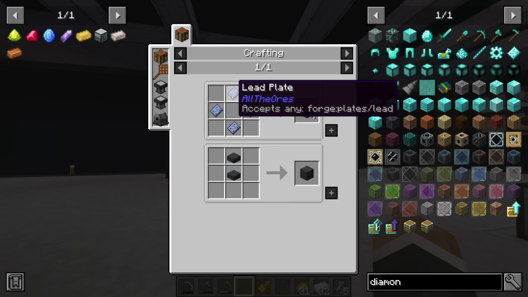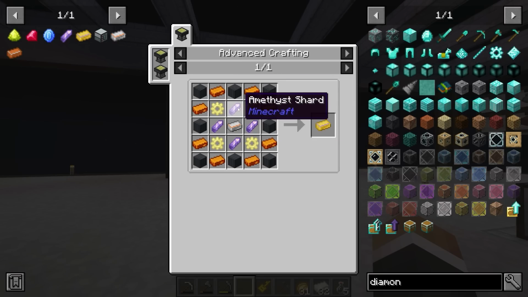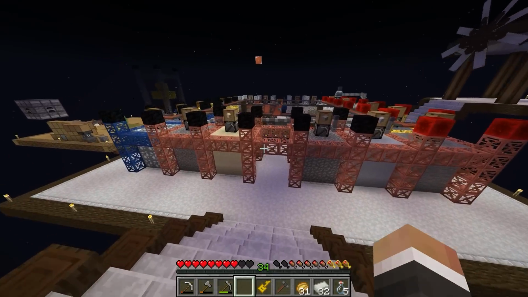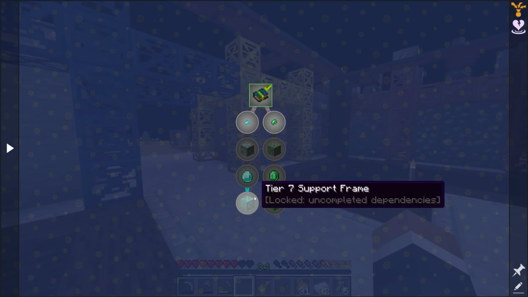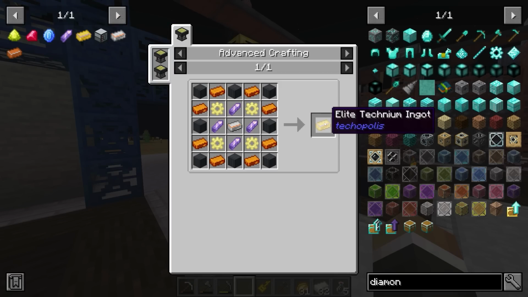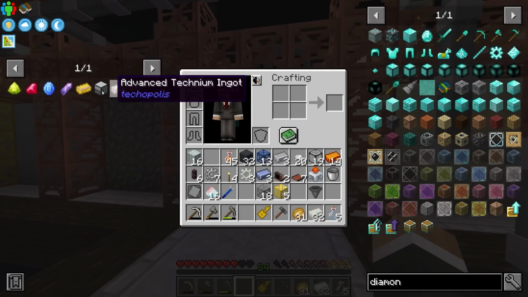Again, the sheet metal for lead is just as easy as the sheet metal for aluminum, and the only slightly tricky bit is the amethyst shard, but if we can unlock the sapphire and peridot ores, which we should be able to do, it's just a case of handing in the tech books for them, buying them and setting them up like we have with ruby here. Then it's just a case of throwing down an induction smelter to make the actual amethyst shards themselves, and then elite technium is done. And so I think that next time we should be able, hopefully, to automate the production of both advanced technium